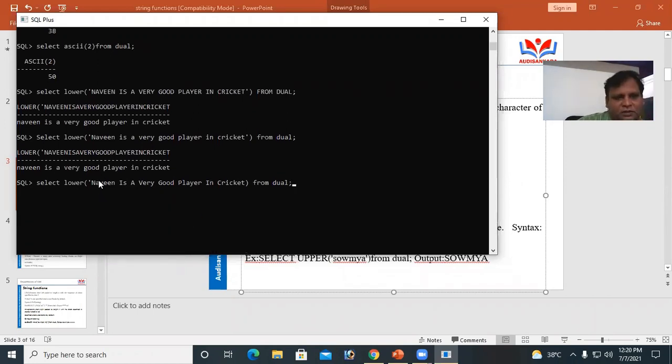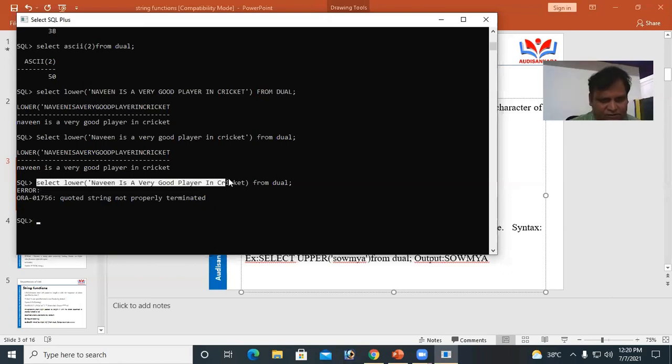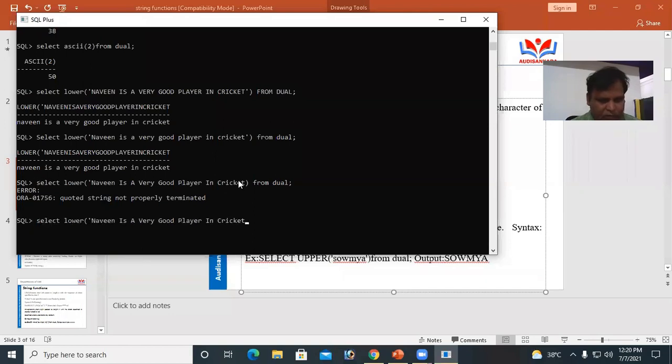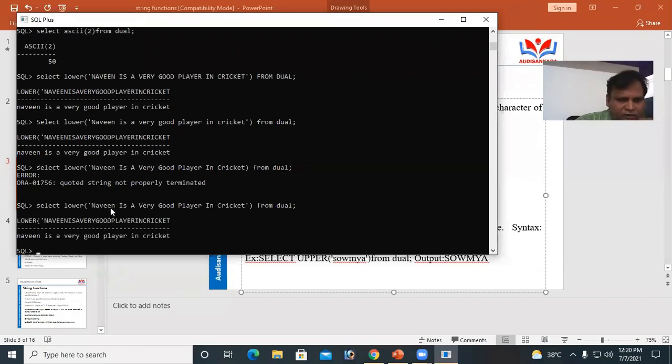Title case means every word's first letter is uppercase and the remaining characters are lowercase. Converting. Okay, here the single quote is missing. Here the answer we are getting is from DUAL. So this is uppercase to lowercase. This is sentence case to lowercase. This is title case to lowercase. Here one more case is there.